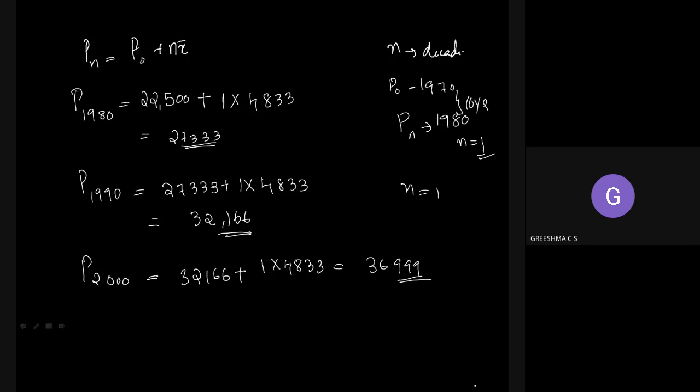So this is one method, that is by using the arithmetic increase method. Now, using the arithmetic increase method, you can also find the population in another way, that is